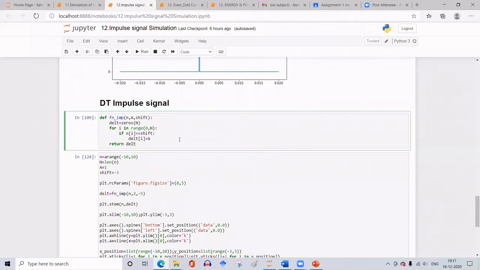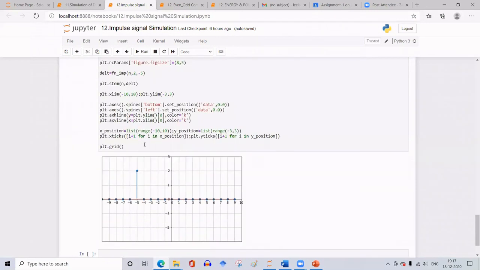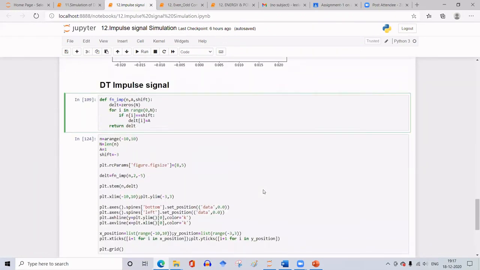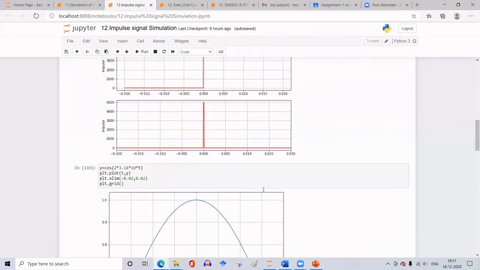No? So with the same definition of the step signal, that is how we can modify it to generate the impulse signal and then plot it. You can now take this impulse and use it for any further computations with the required modifications. Okay. So that's all about today's plan for